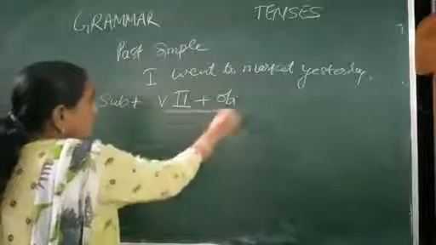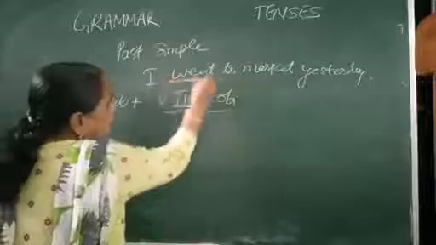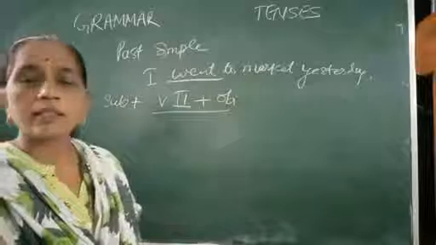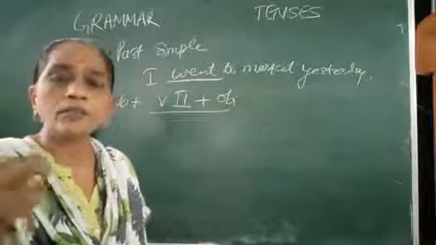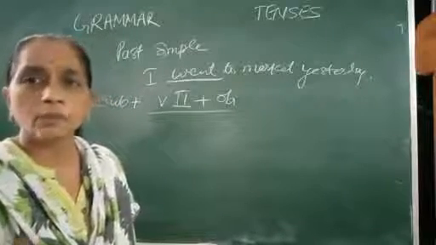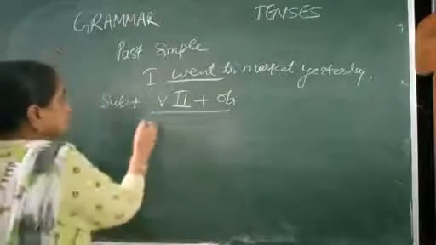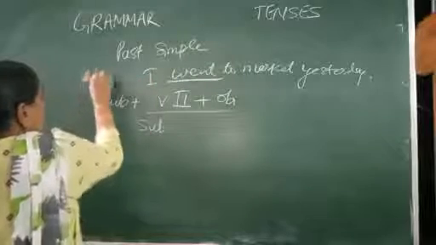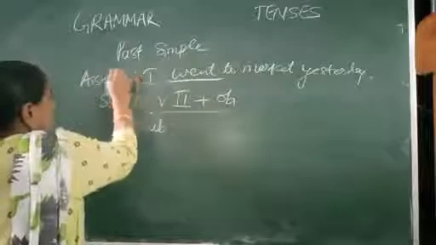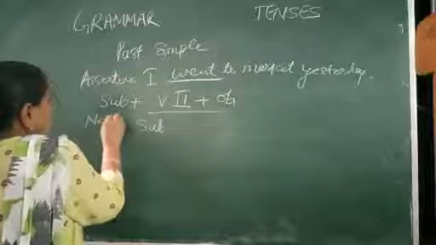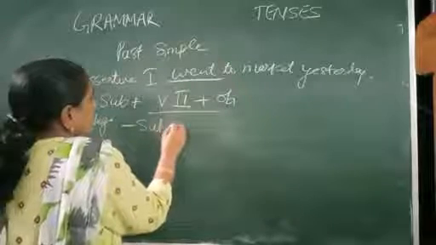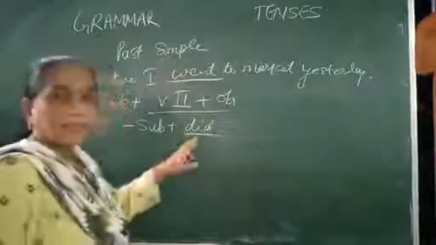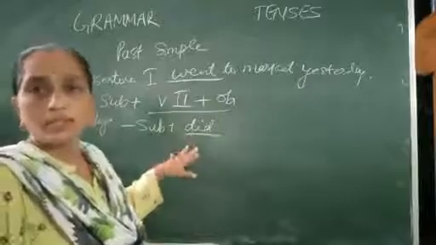The structure for this is, as I told you, I went to market yesterday. For using the tense in a correct way, you have to learn the three forms of the verbs properly. Okay? Subject. How do we make it? This is assertive sentence. Then I want to make a negative of it. It is subject plus did. This helping verb is added to make interrogative or negative sentences.